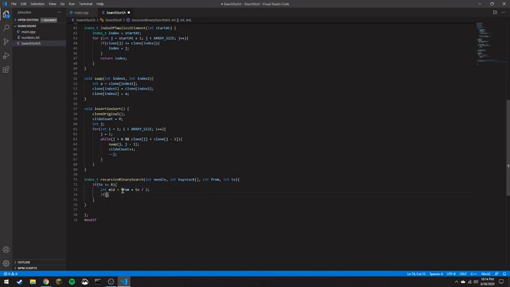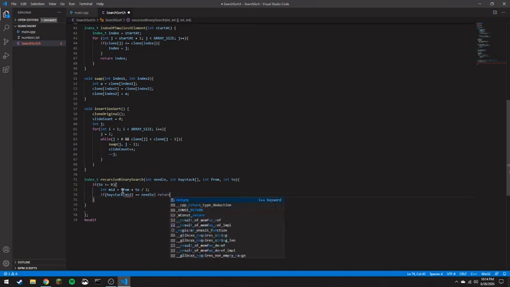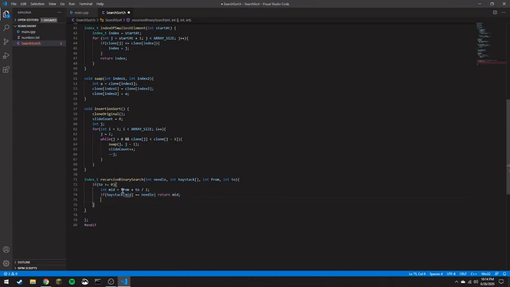If haystack of mid equals needle, return mid, that is. Else, oops, else if